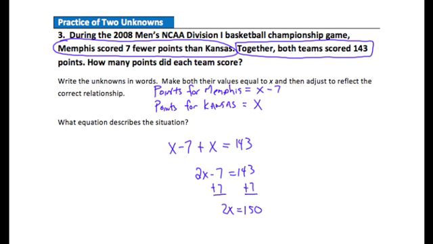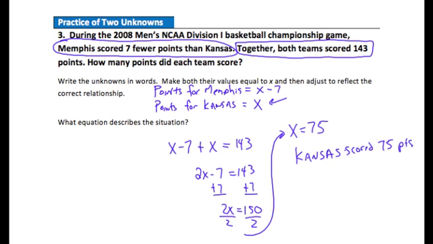2x equals 150. Divide by 2. We'll come over here and we'll see that x then is 75. So we're not done yet. What we found is the points for Kansas, because that's what x is right here. So we found points for Kansas, so we could say